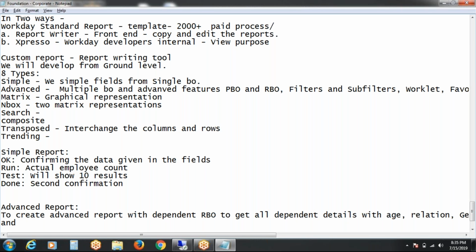Once you get this report, for whatever dependents there are for female workers, I would like to see male dependents. So this is one report I want. The male dependents age range would be 0 to 55. It means whoever the male dependents are, either children or husband or father, I would like to see the age range between 0 or 1 year to 55 years. So this is one task.